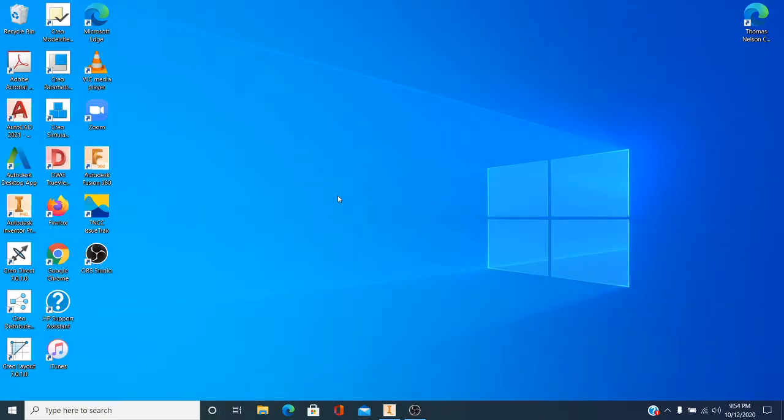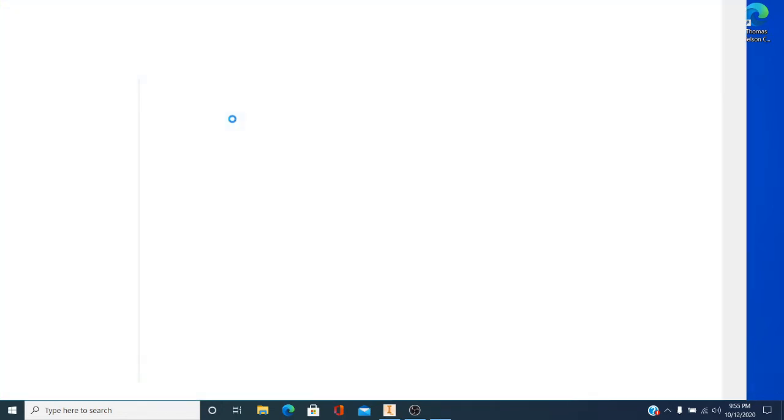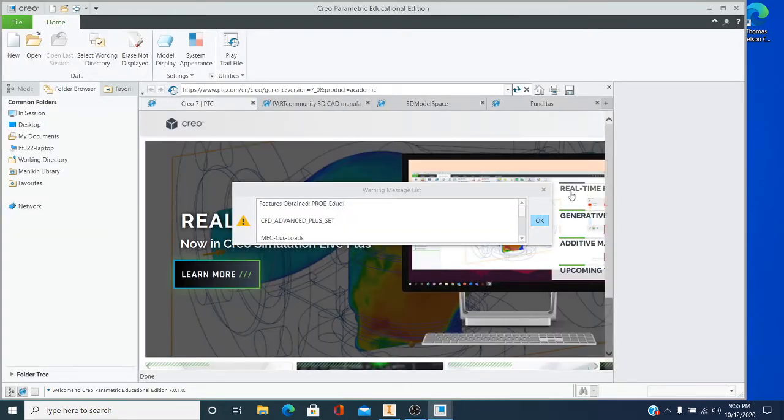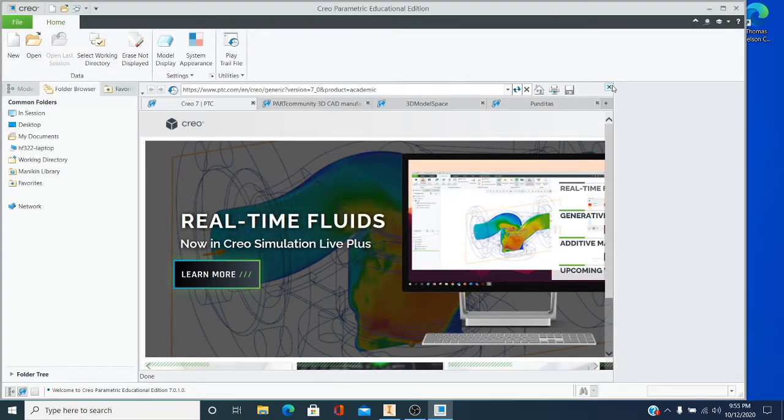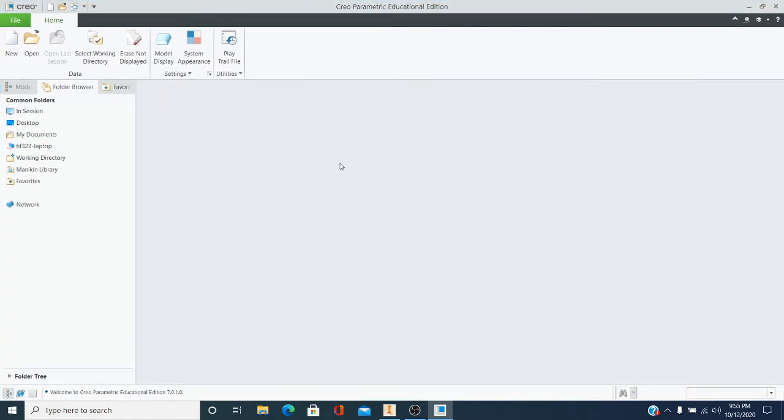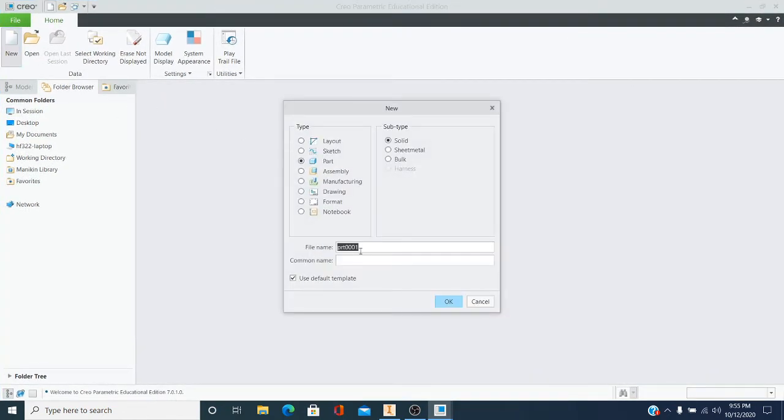Okay, students, today I'm going to show you how to create a blend in Creo. So go ahead and double click on Creo. I'm going to close this out, and expand this window here. I'm going to go to New, make sure Part is selected, and make sure Solid is selected. And I'm going to type in Blend